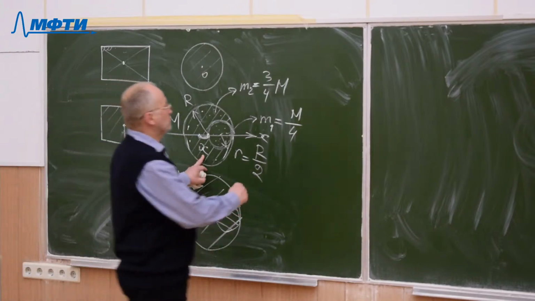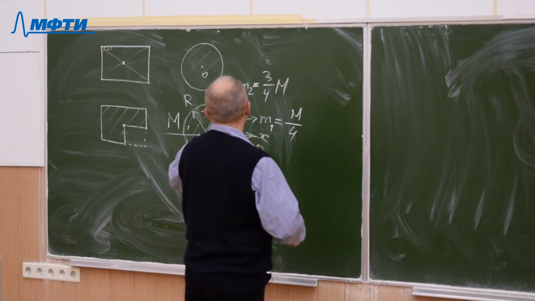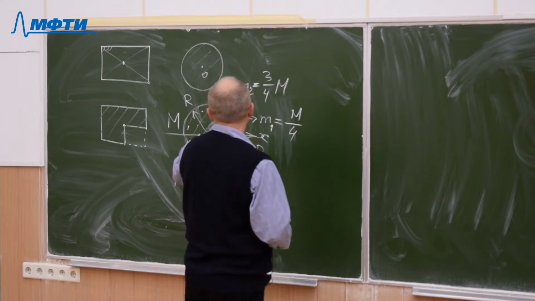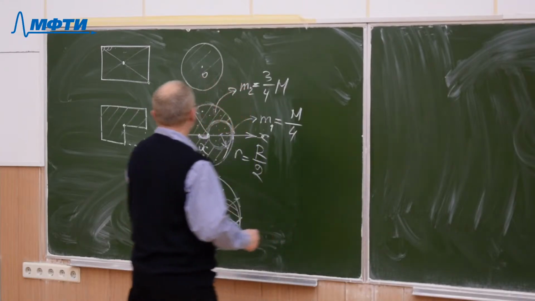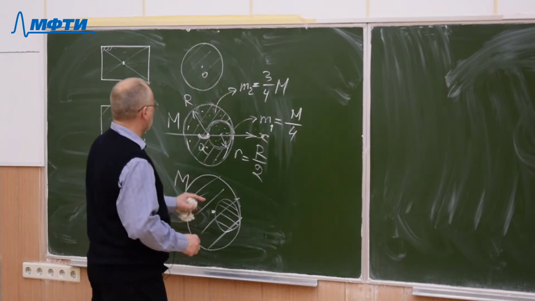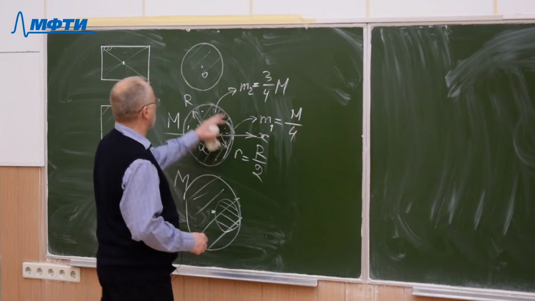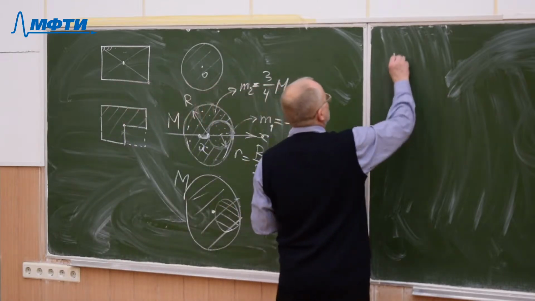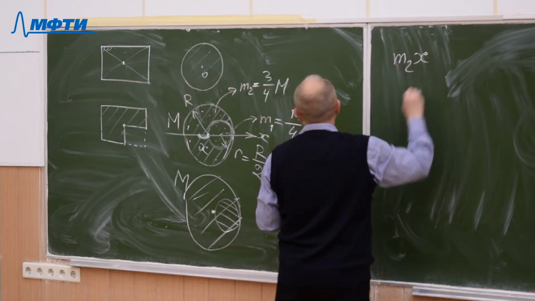We have to put it this way, that the total mass of the remaining body, m2, times x,